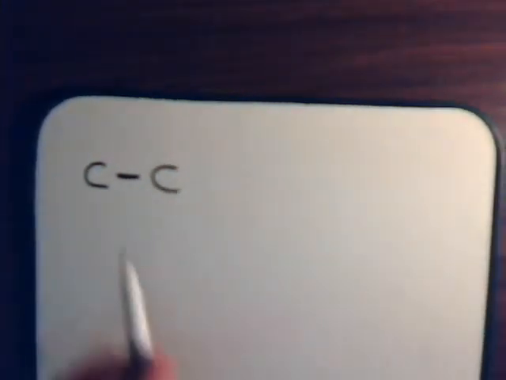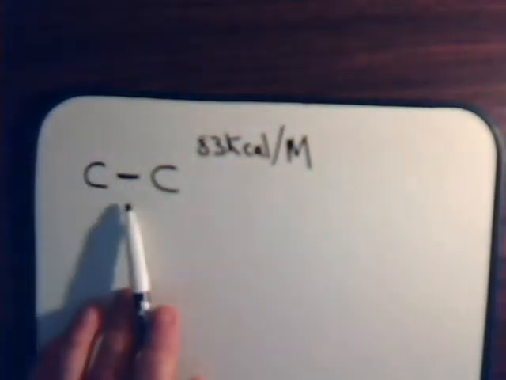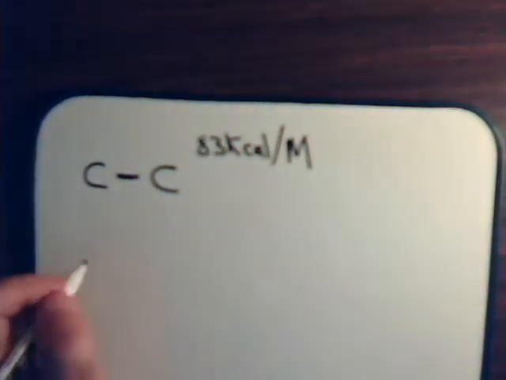And let's take some simple examples to illustrate that point. If we have, as we discussed in the previous video, say an ethane molecule, a single sigma bond between these two carbon atoms, it takes about 83 kilocalories per mole to break this. So if we had a mole of ethane and wanted to break these single bonds, it would take about 83 kilocalories to do that. If we have ethylene,